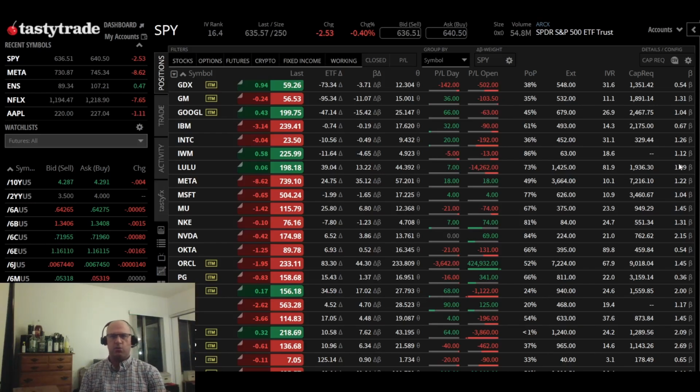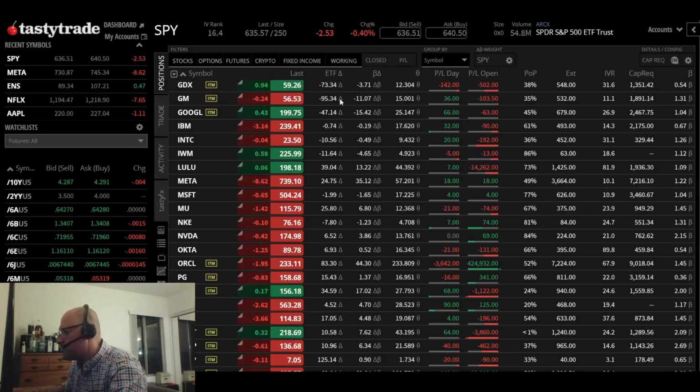We want to take the directional risk of each of these underlying stocks and recast them in terms of the S&P 500 or the SPY. And on my trading platform, I have set it up so that my beta weighted deltas are here in this column. So you can see some of these I actually have short positions here, like in GM, General Motors. I'm short the